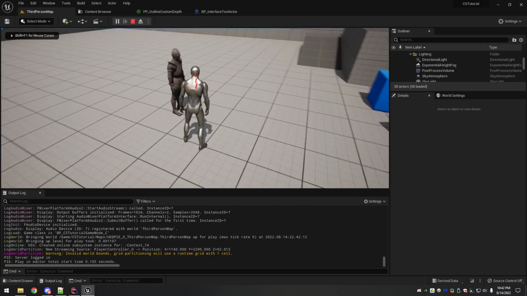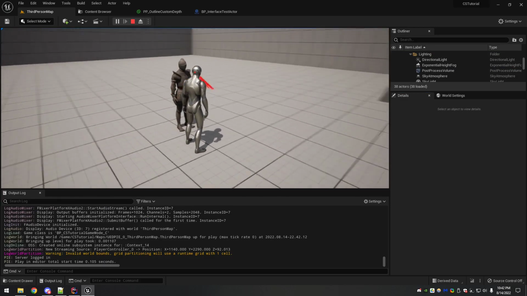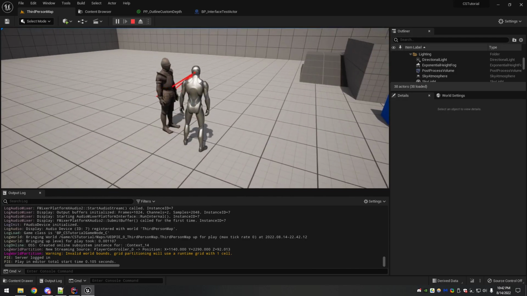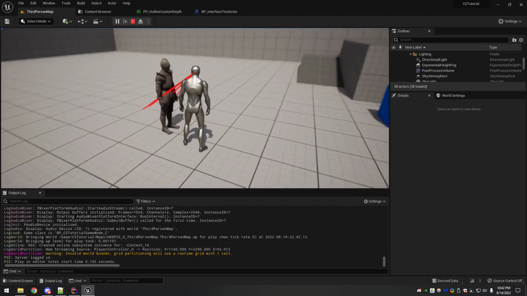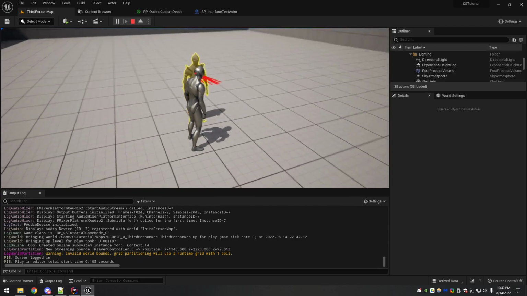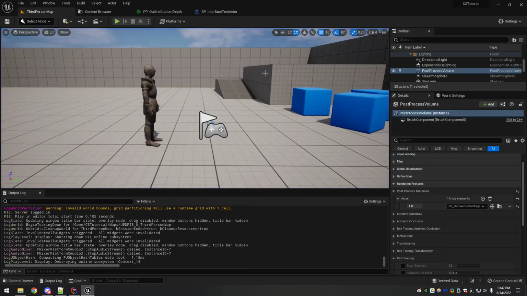So now when we look, you can see we get the nice highlight as if this were an interactable. So the render depth, the custom render depth is working well. And thanks to whoever it was that built that shader, because you saved a huge amount of work for many people. Now, I put those logs in there because I wanted to test the interaction. But now how do we do that?